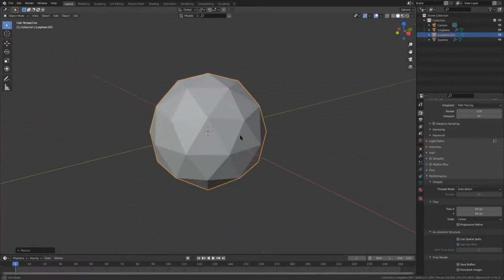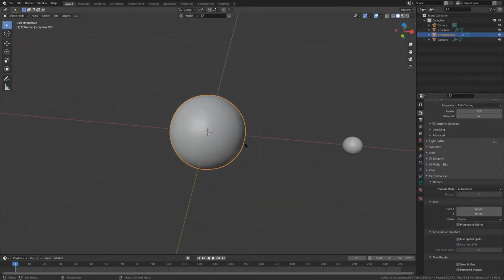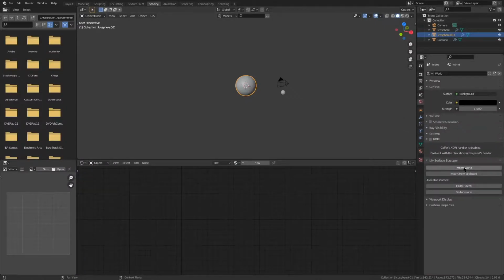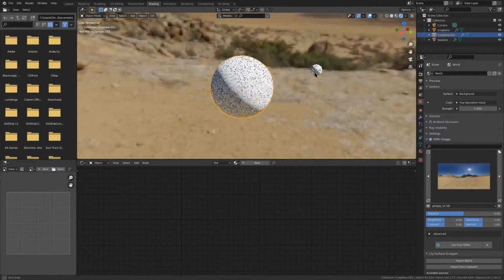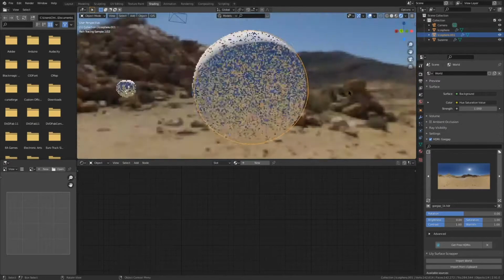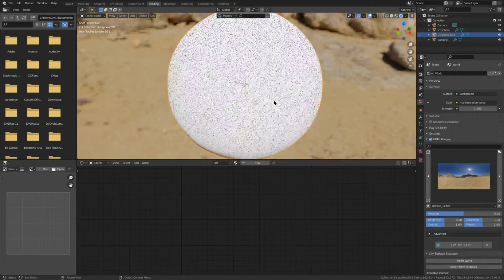So we scale up an icosphere, subdivide it like 4 times, shade smooth. So we see, if we go into shading, set an HDRI, this is Gaffer. Gaffer is cool. I don't like this bathroom. I don't like a Milky Way. This is broken. This is beautiful. So we have a beautiful scene with a beautiful subdivided icosphere, which is the wrong way to make